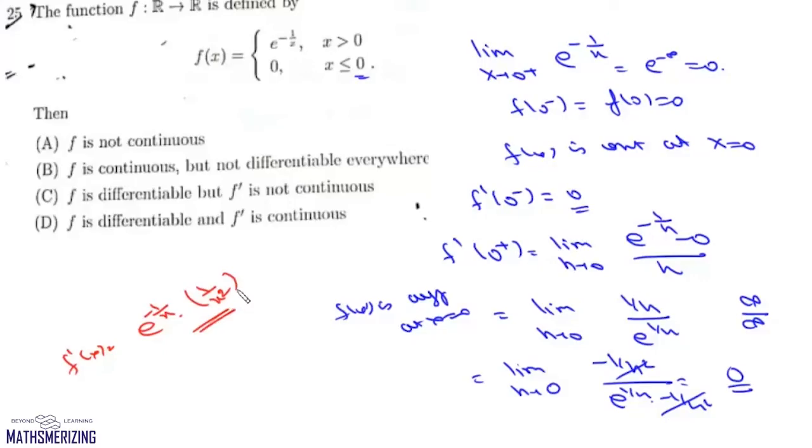So this function is continuous and differentiable, but f dash is not continuous, and that's your option number C. Now question number 71 is, again we are given a function in two variables and we have to find its continuity and its partial derivative with respect to x. Now we'll find this limit as (x, y) tends to (0, 0). So it'll be this xy. Now we'll put xy as 0, this is 0. So this limiting value is 0, which is not equal to f(0, 0), which is given as 1. So this function is not continuous